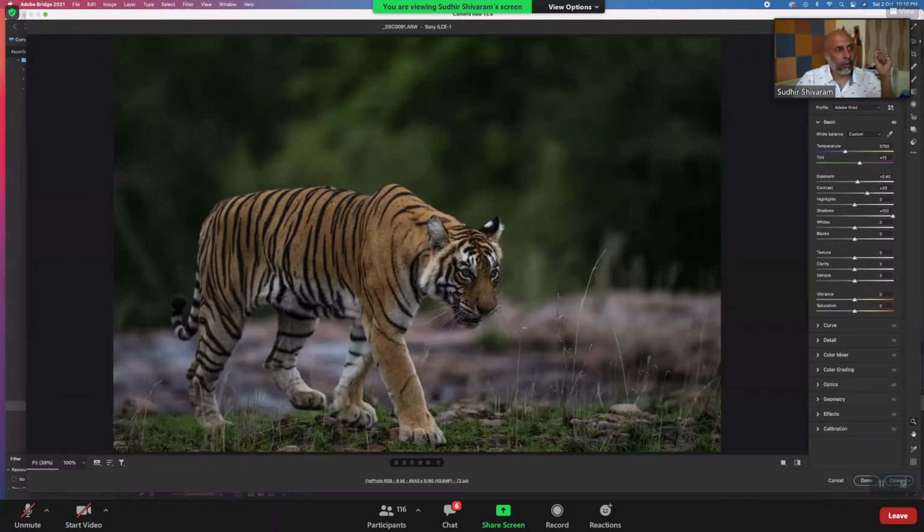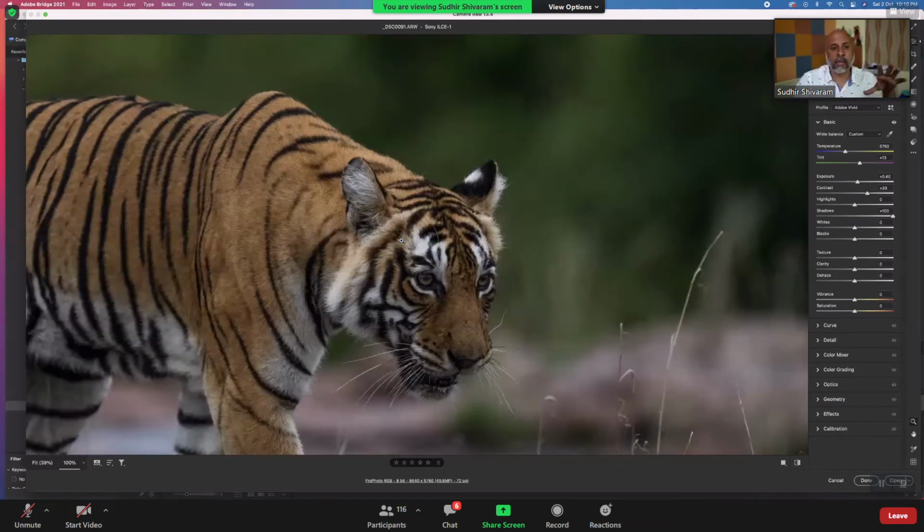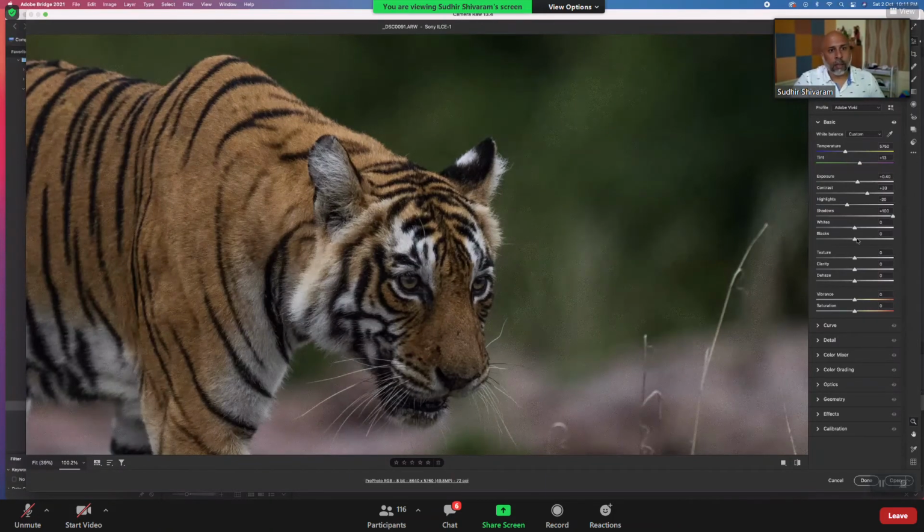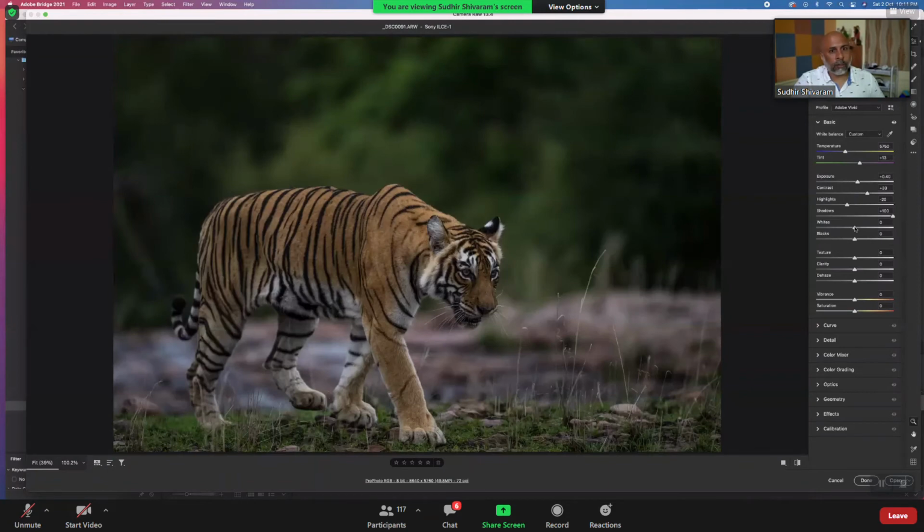Also, if you see here, this was shot very late in the evening, and I was able to get this image. That's where you see a little bit of noise. Then the highlights, I reduce them. See here, the white areas, overexposed or underexposed, you can control that with the highlights. Okay, let's go back, and then a little bit of whites and then the blacks again.